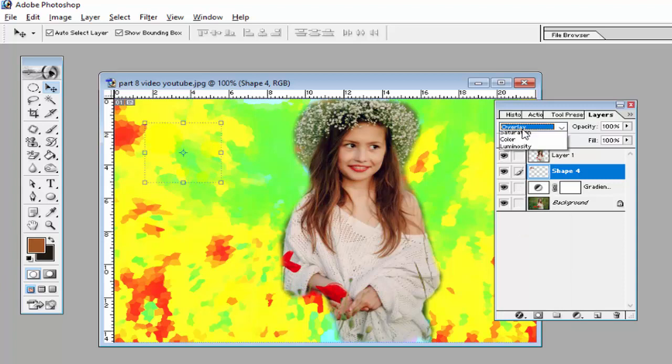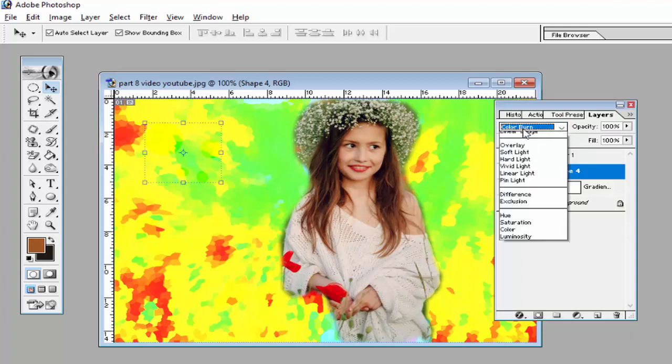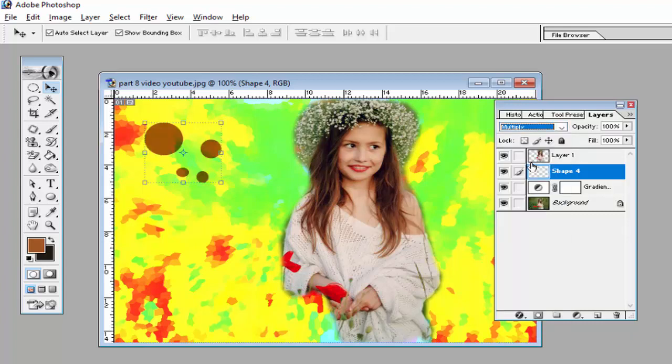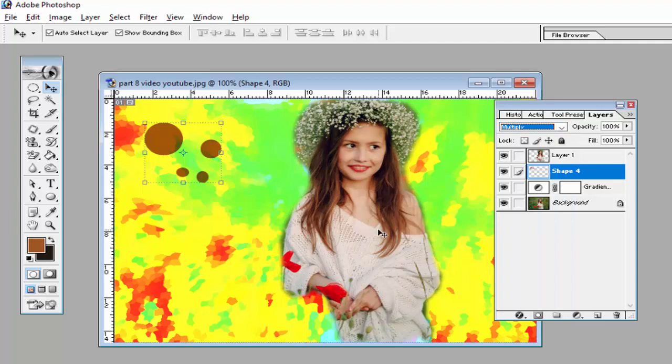Then give them some Overlay effect. You can give the Overlay effect, or you can give the Screen effect also, or you can give the color one. It's very light, so give them multiple colors, or Darken, to make them more attractive.